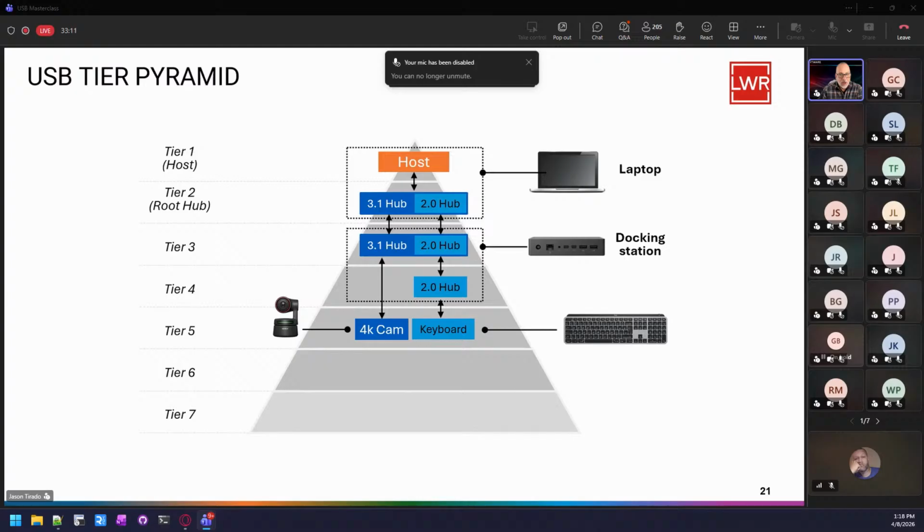Here's a diagram that shows you a way to think about the way this is constructed. Usually you have a laptop, could be a Windows, could be a Mac, but that is your host. And the host has a USB A port on it. And usually there's a built-in hub inside the laptops. Sometimes your laptops, usually Windows, take up 1 tier, and Macs almost always take up 2 tiers at the very top of this pyramid. If you plug into something, could be a USB hub or a docking station,